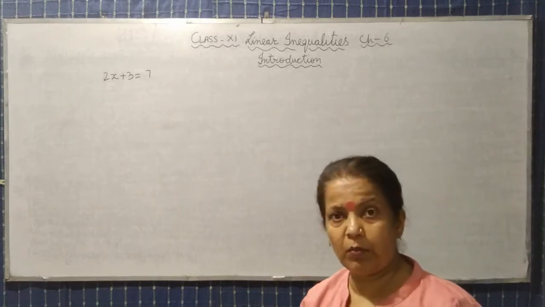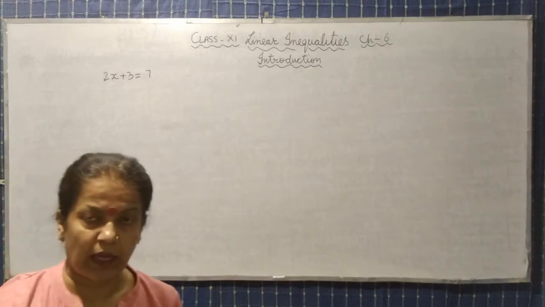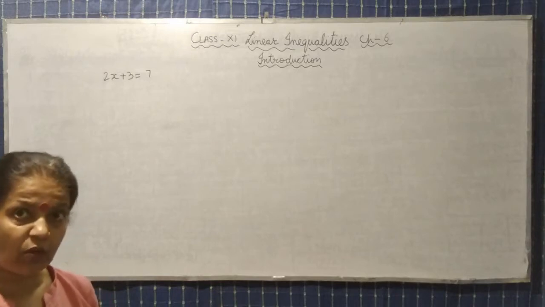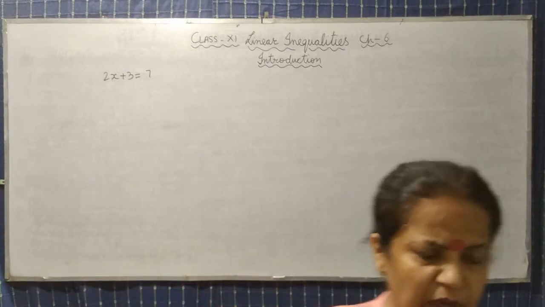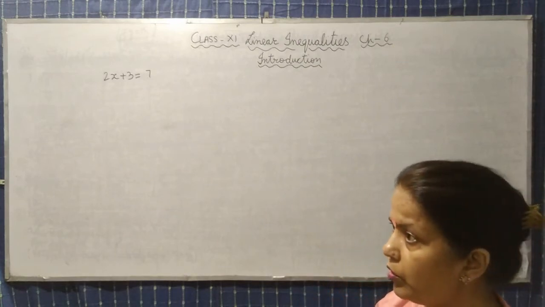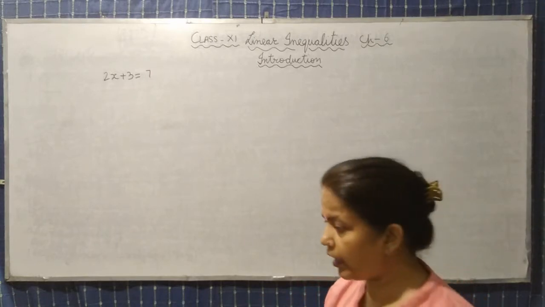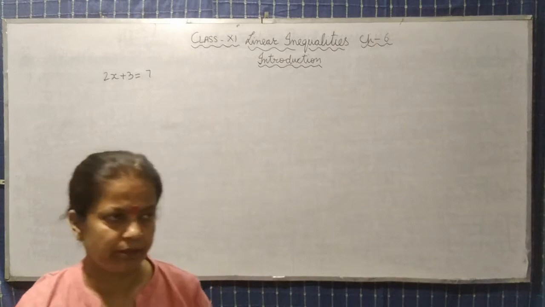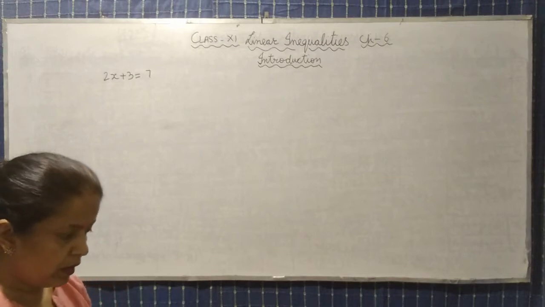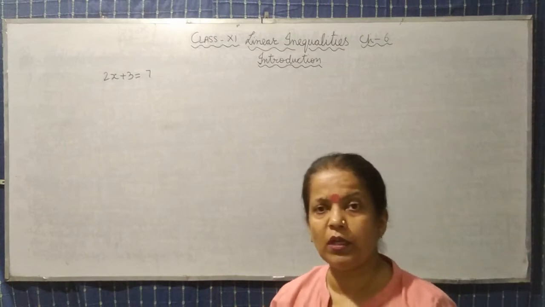So if there is some equal sign in any type of expression, then that term is called an equation. आप कोई भी वैल्यू फाइंड आउट करने की बात करें तो इक्वल का साइन है तो ऑलवेज वी यूज टू टेल solve this equation. It can be linear equation, it can be quadratic equation or any one. Now the chapter is linear inequalities. What does it mean? Linear inequalities जो equal ना हो.